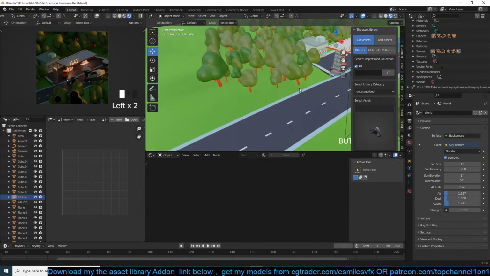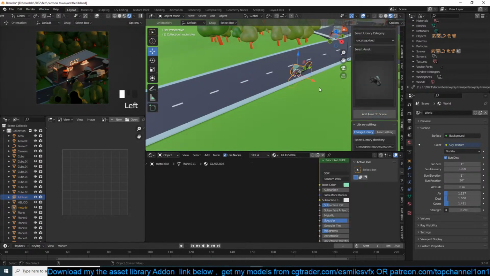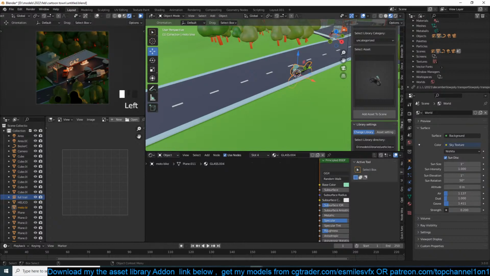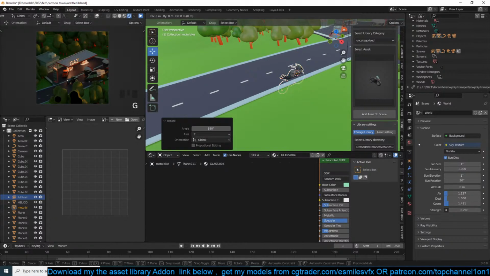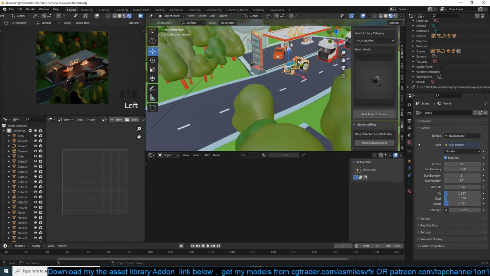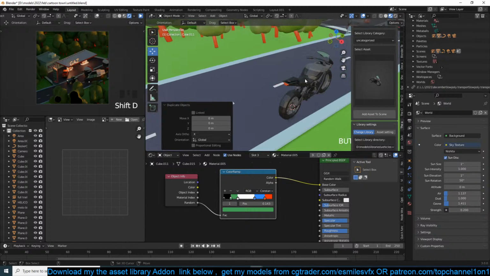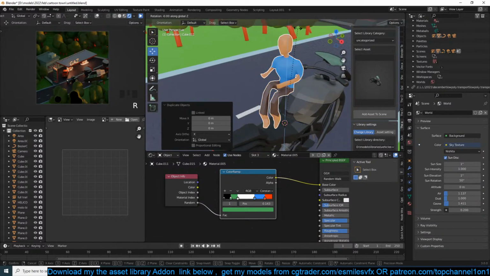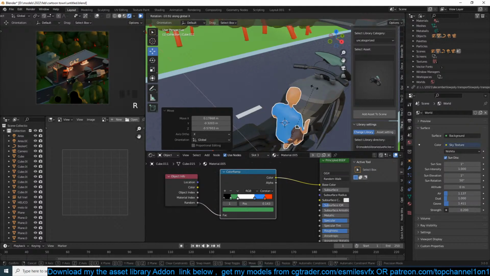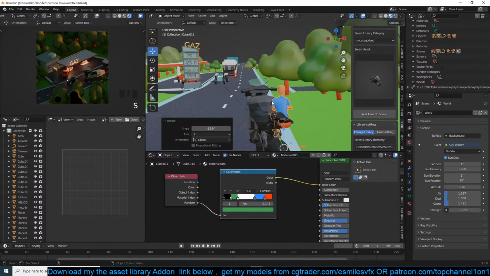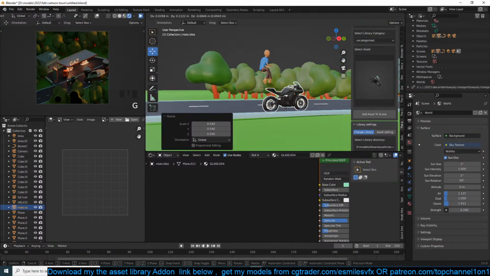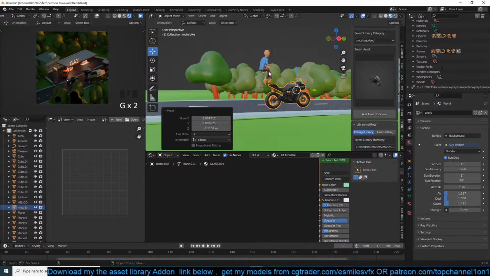Have a bike. Can grab this guy. The bike can't be bigger than a truck, so